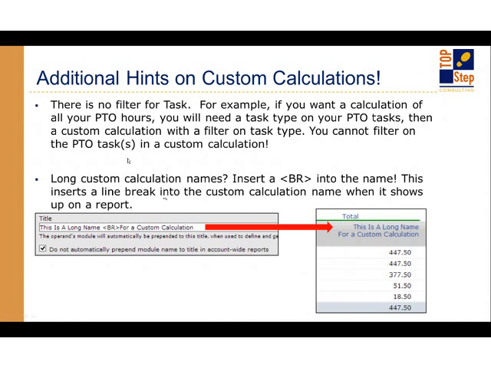Now, if you try this and it doesn't work, there's an internal switch that you need to request from OpenAir around your HTML security settings. There are several options with that, which we can share with you another time, but you basically tell OpenAir which security level you want, and it'll allow you to use HTML tags in your field name. This works on custom calculation names, as well as